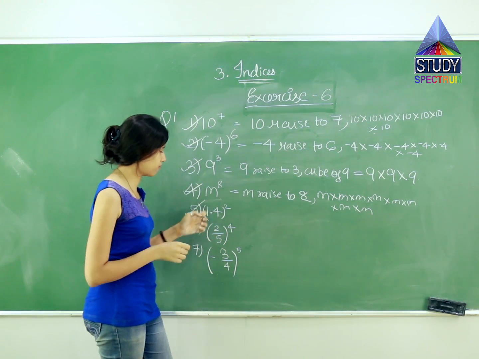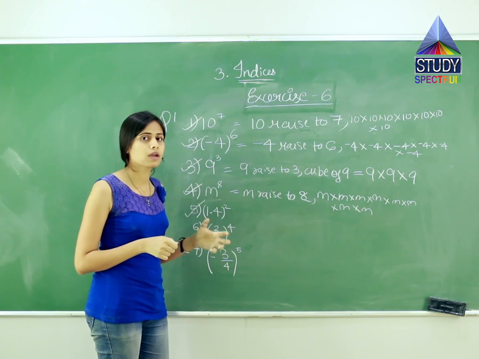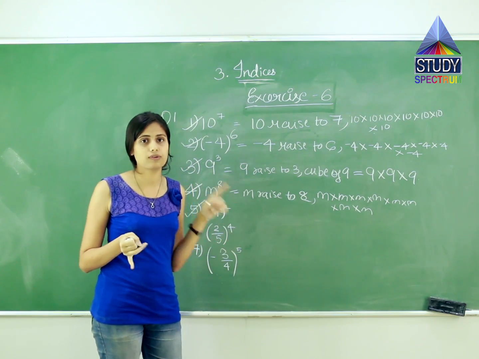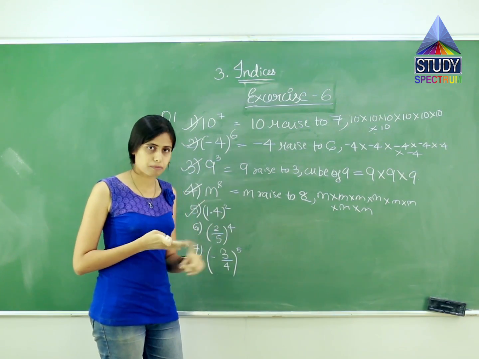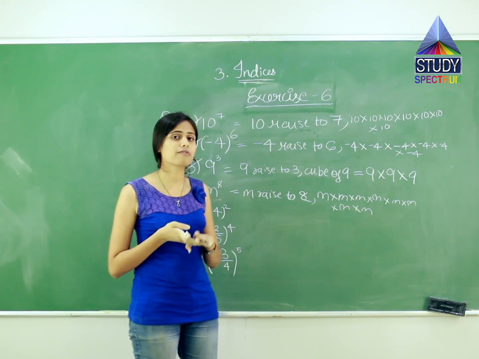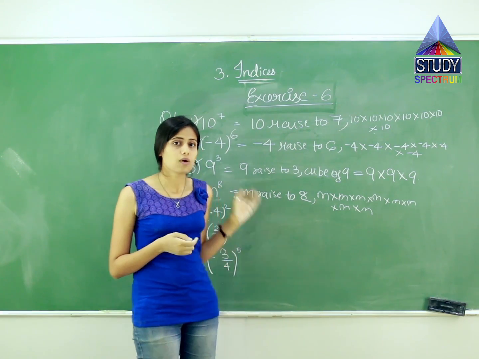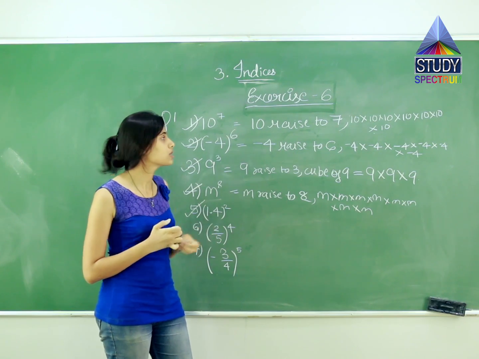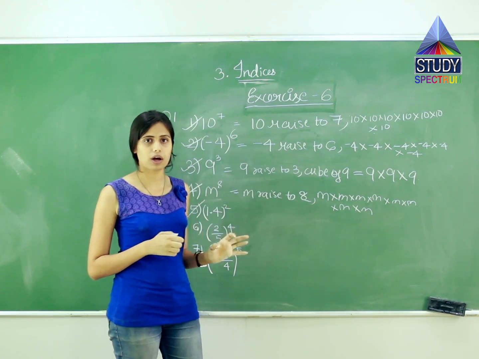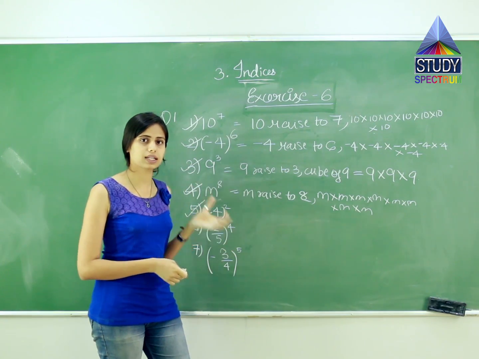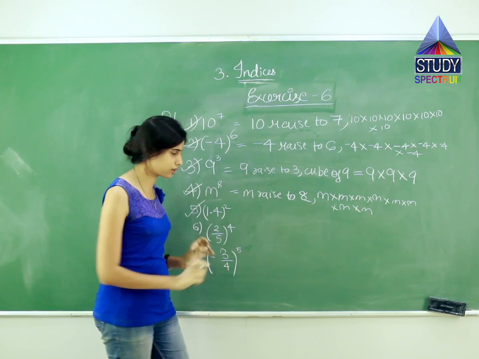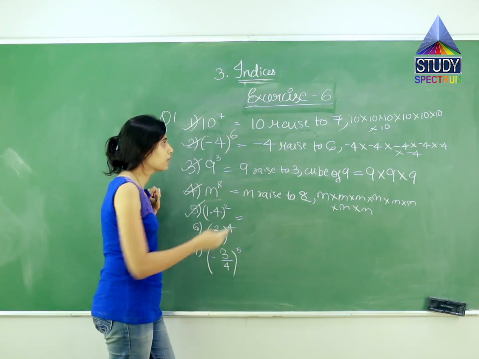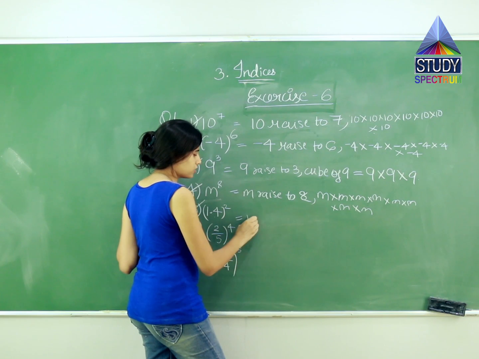In the fifth question we have 1.5 raised to 2. But it does not make any difference whether it is negative, positive, or the number is in the form of decimal or anything. What you have to do is simply follow this format, which is read as and product. Like we do in all questions, we blindly just copy. What over here it is? -4 raised to 2 means what? How it is read as?